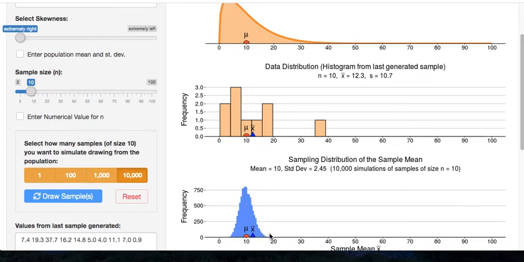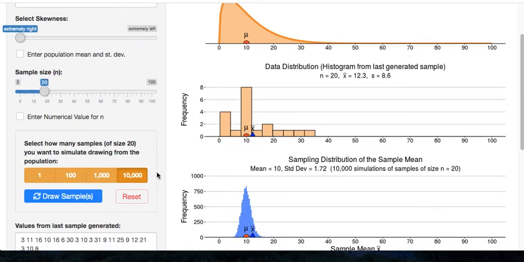You'll note a little bit of skewness right over here, and the mean is not quite in the middle. So you got a little bit of tailing off here with a sample size of 10. Now on this applet, what you can do is adjust the sample size and watch how this sampling distribution changes. So let's take it up to, say, a sample size of 20. After 10,000 samples of size 20, here's your sampling distribution. Again, just a little bit of